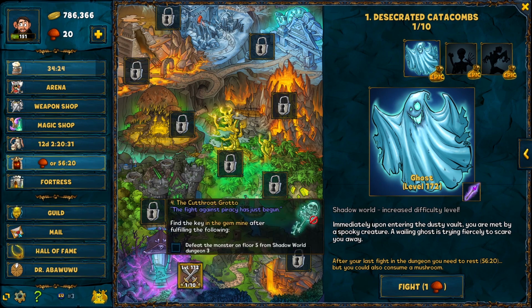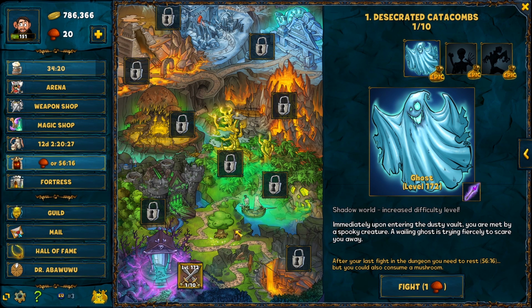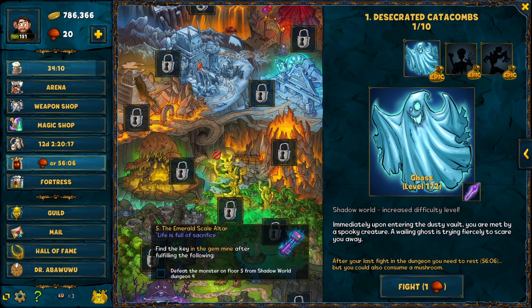Same works with the warrior items if you're a demon hunter or berserker or warrior. So in general, this is how you would be fighting. But there is one more thing in the shadow world, which is that the experience you get from the fights is